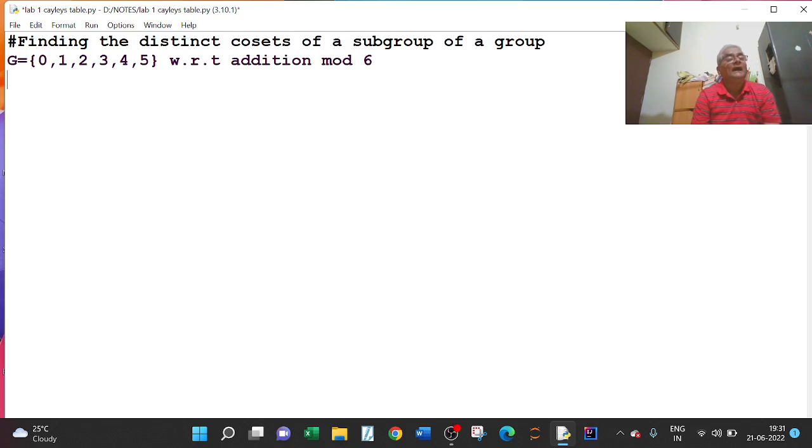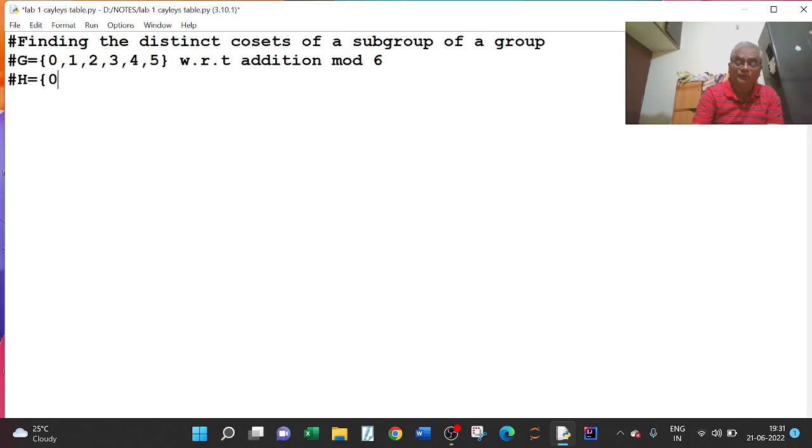I'll make this a comment line, and I'll write the subgroup of this. Here H is equal to 0, 2, 4, which is a subgroup of 0, 1, 2, 3, 4, 5 with respect to addition modulo 6.